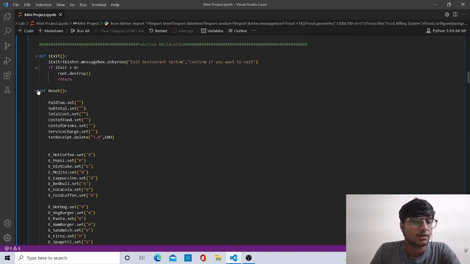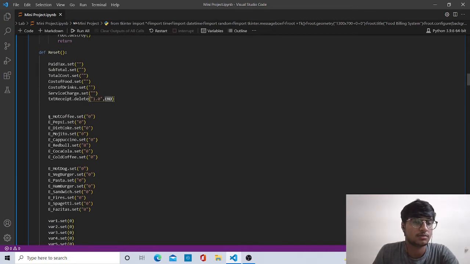Now defining the reset function. If you want to recalculate or reset the bill, you can select this function. I have introduced paid_text.set and various other functions in it: total cost, cost of food, cost of drinks, service charge, tax, receipts.